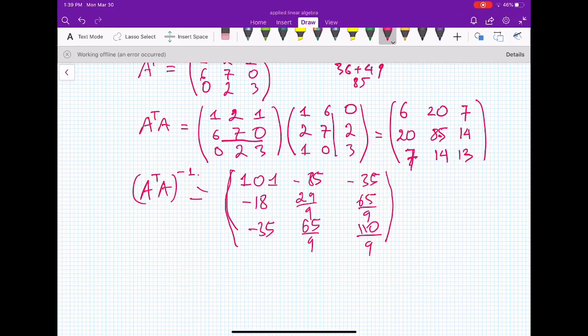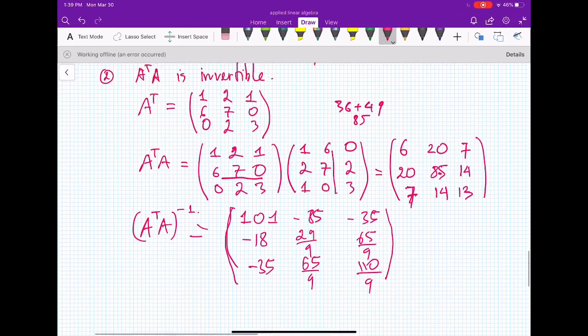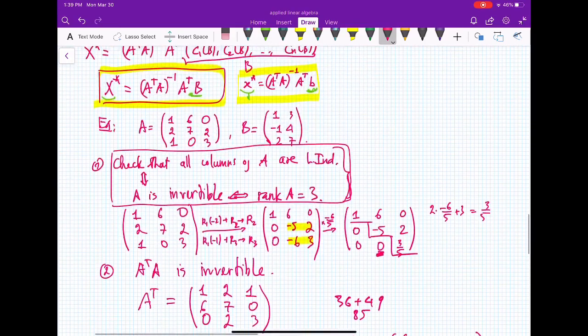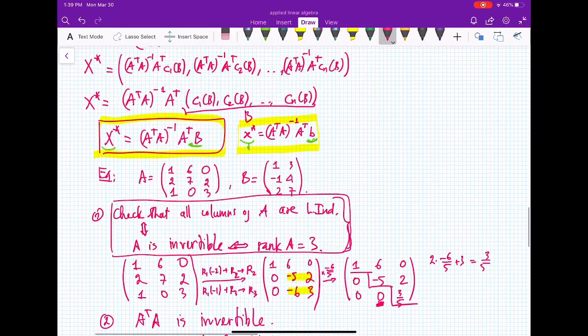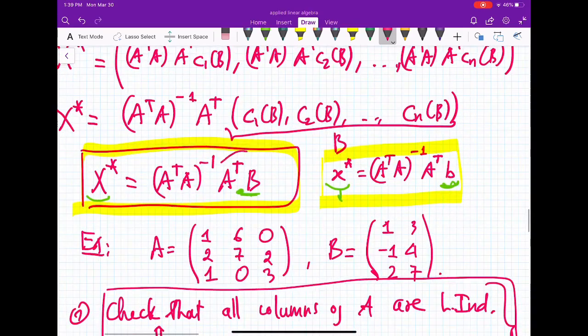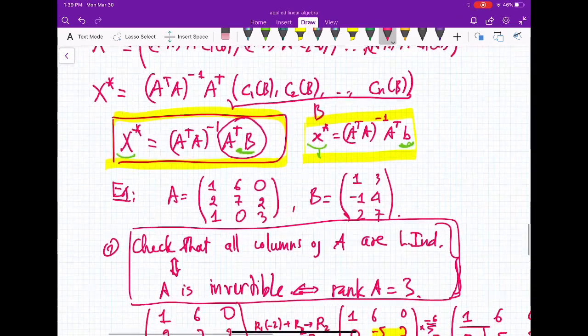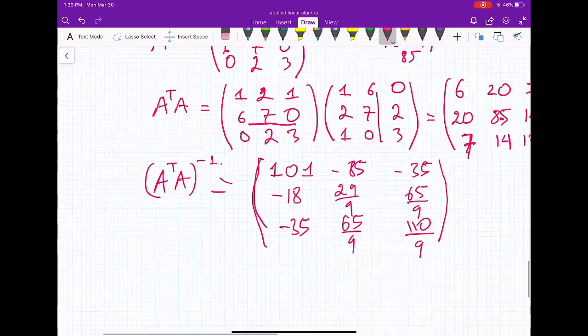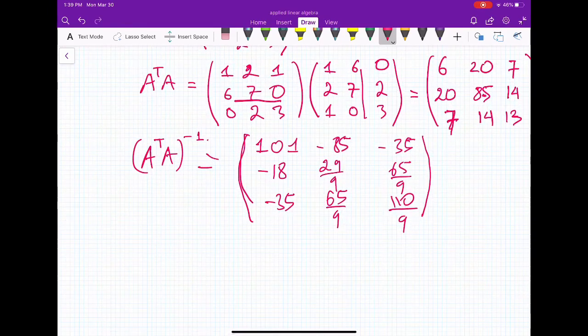So now you already have the inverse of ATA. And once you have the inverse of ATA, you apply it to the matrix ATB, right? So you still need to find ATB. We need to do a lot of matrix multiplication in here. Let's find ATB. So what is ATB? That is